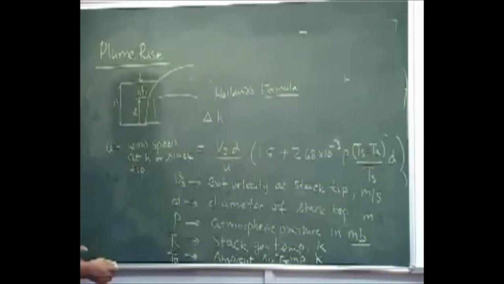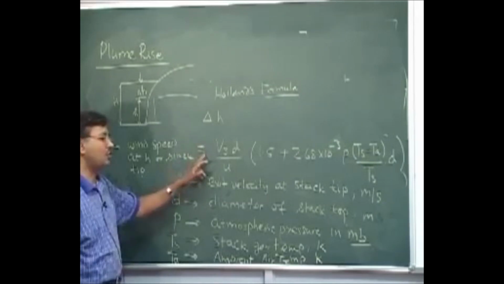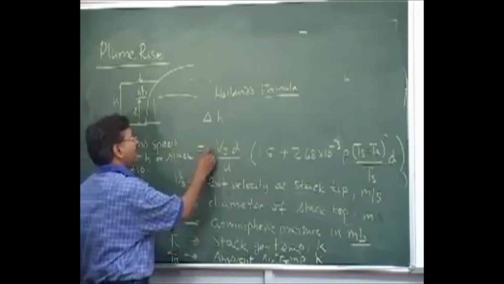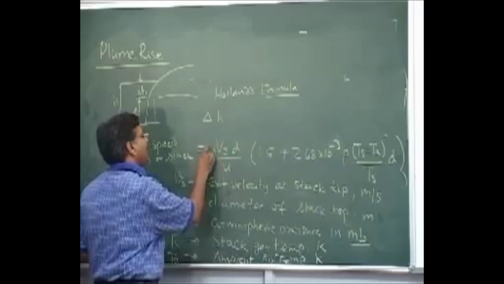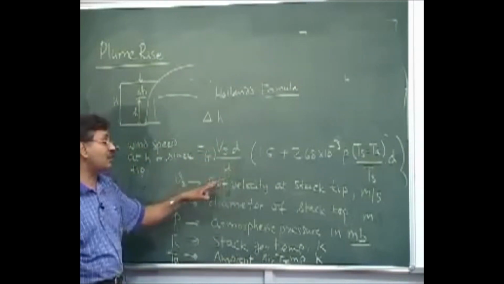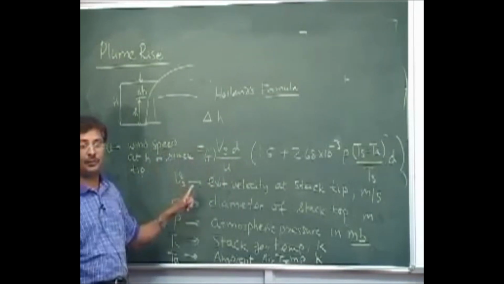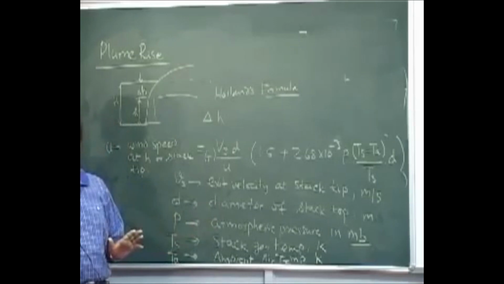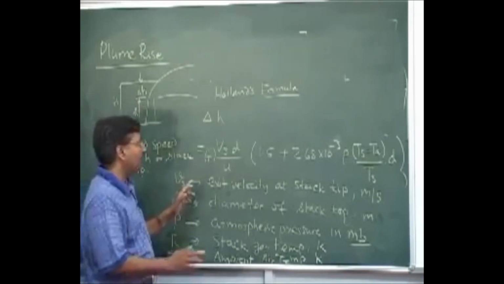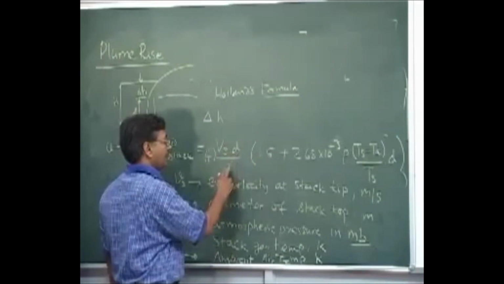And there will be some more changes here. We apply some factor here. That factor, we will discuss in the next class. That factor takes care of the stability, because here we have not talked about the stability. Okay. And one more thing, maybe we can talk later, but this component 1.5 times Vs times d into U,